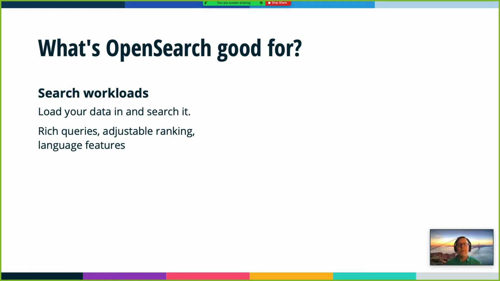When we use OpenSearch for search, you're going to load your data in, and you're going to use those REST APIs to query that data and bring back the relevant results. OpenSearch as a technology supports a full suite of search features: a rich query language that enables you to accurately bring a query in, adjustable rankings so that you can build good relevance, as well as special processing features, and a differentiator from other databases, the ability to treat natural language and break it out into terms so that they're targets for matches. Next point.